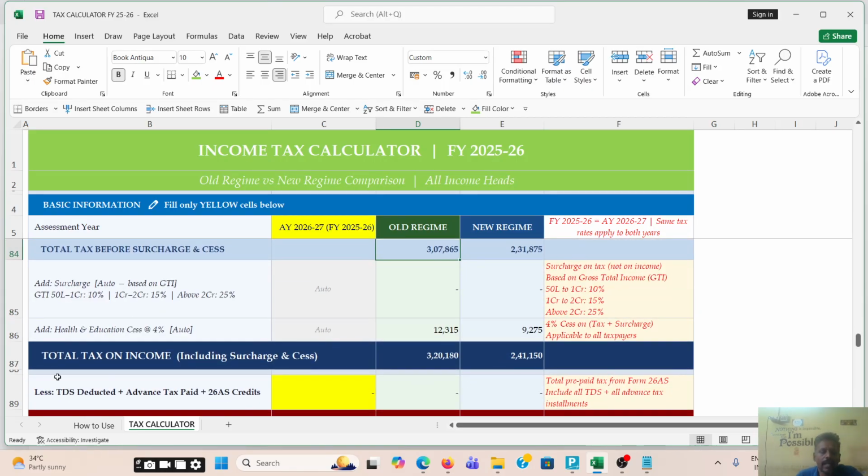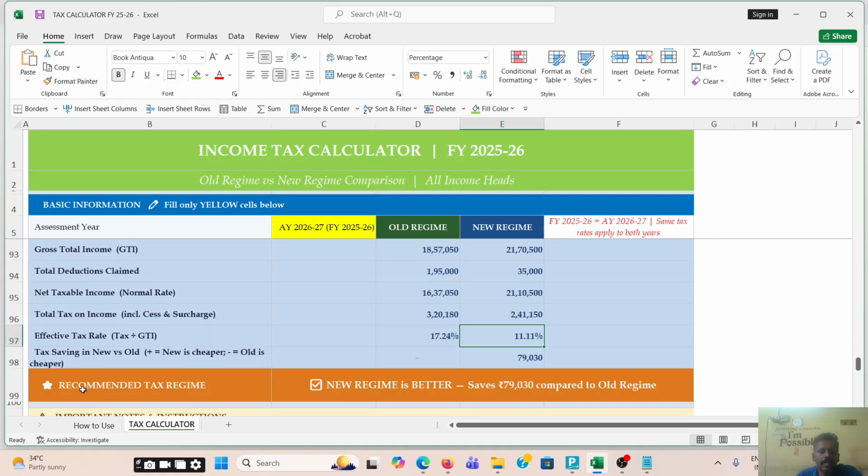So now you find the total tax on your income. As per old regime it is 3,20,180, and as per new regime it is 2,41,150. You can see it is recommending the new tax regime as better, because you are saving 79,030 rupees compared to the old regime.